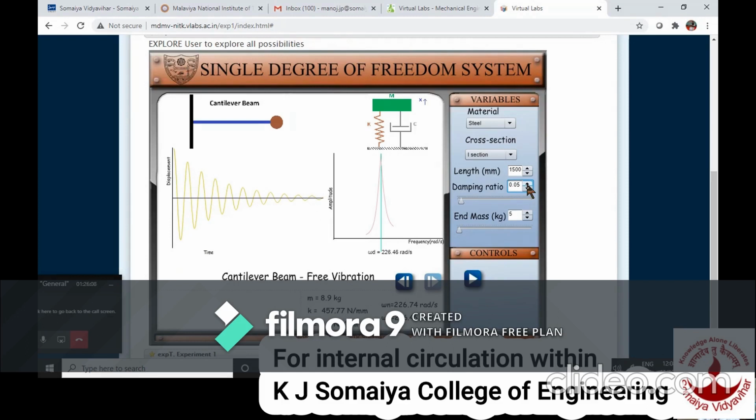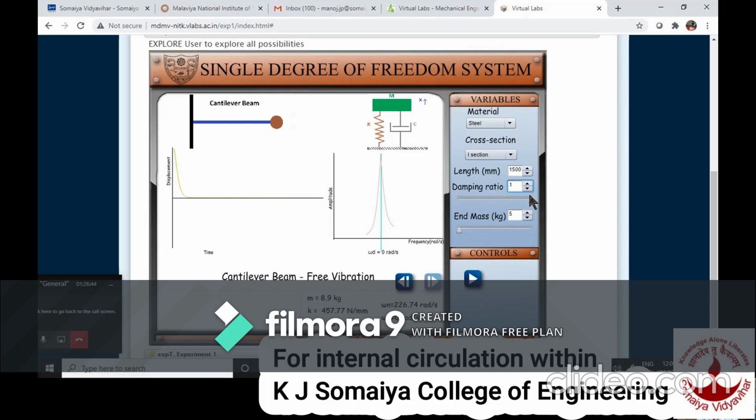And if I go to damping ratio equal to 1, what is called critical damping, you can see there would not be any vibratory motion. The system which is excited will damp out and will remain constant. So amplitude becomes 0. Now here over damping is not possible in this case. You can see over damping is not possible in this case. So now here you can see in case of critically damped, the damped frequency is 0.